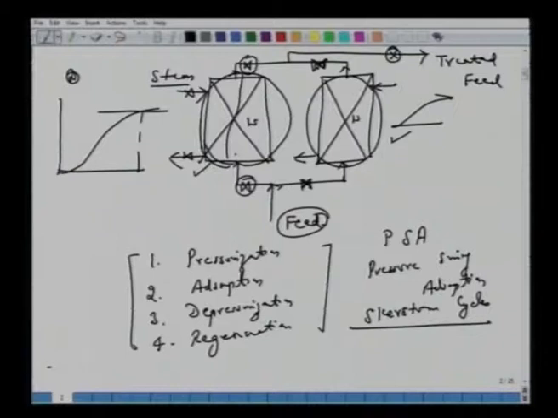We should know how the process is continuously operated, because we said that adsorption is limited by the capacity. So at one time this bed will get saturated, one has to stop it, and one has to regenerate. So the way you will do it, you will have two beds, one bed is in operation, the other bed is getting regenerated. Alright. Now we continue with this and we get into the mechanism of adsorption, or we would like to know what are the different steps involved in adsorption.